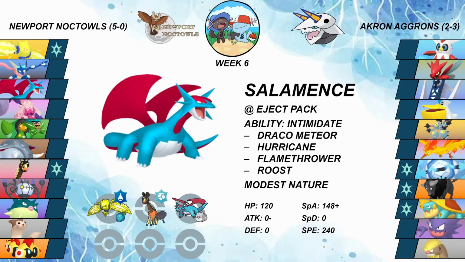With Intimidate and a decent amount of HP investment, Mence takes hits pretty well from that thing, and either threatens it back with Flamethrower or roosts off the damage. We have speed for our Caledon, so I can consistently pull off the eject pack trick on it, and then